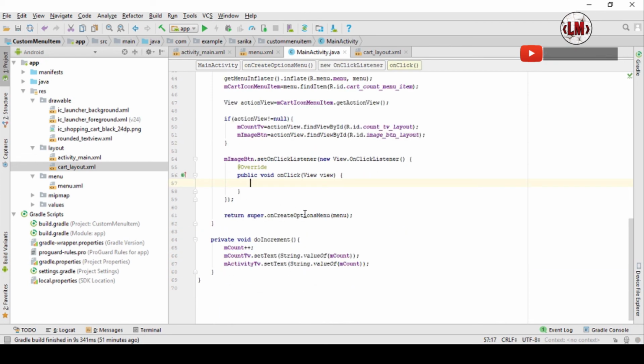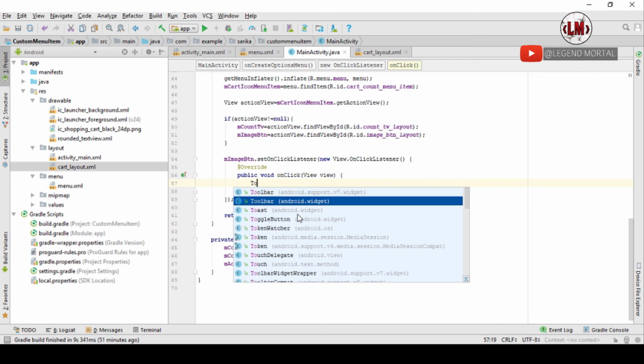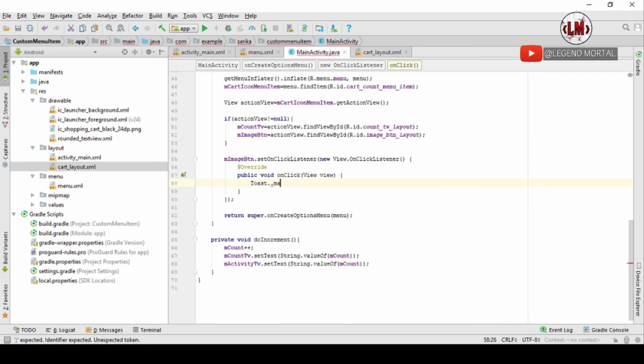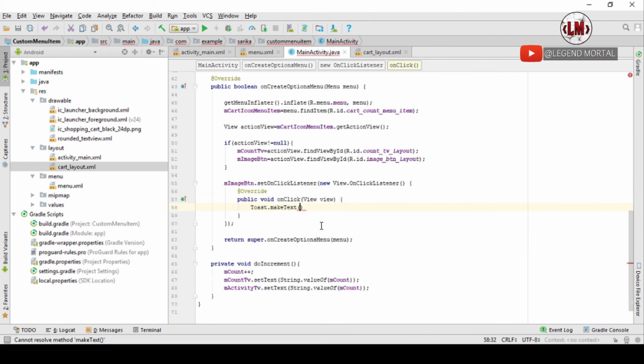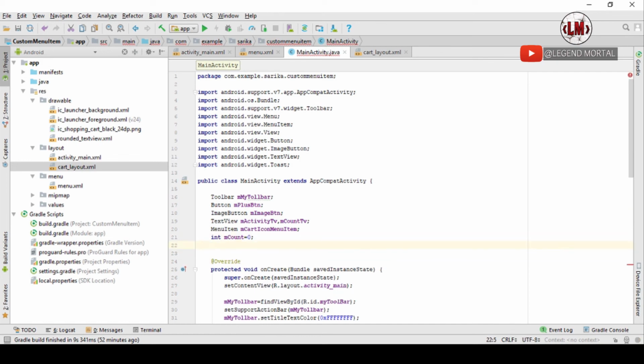Now we should see a toast message to check if this click event is performing or not. Toast dot make text. Now we have to give our application context to it, so there is an easy way to give a context to it. Just create a